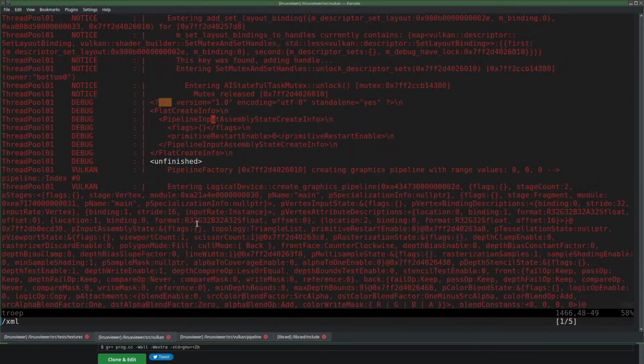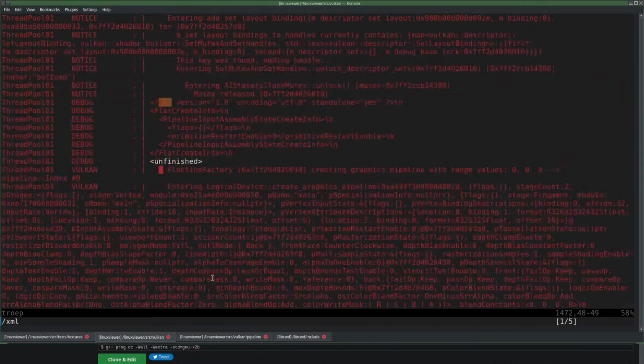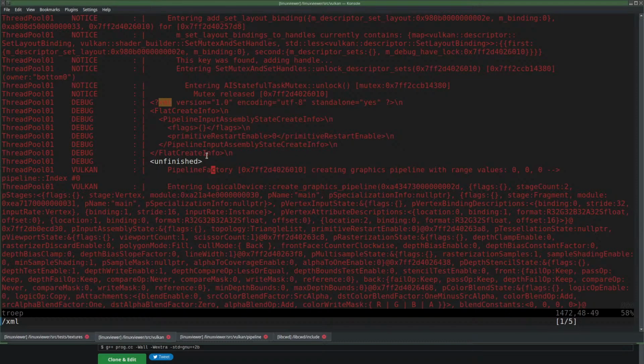How can I fix that? By not printing that, I guess. But that just means that I have to destruct it, I'm afraid. Destruct it before we print creating graphics pipeline.